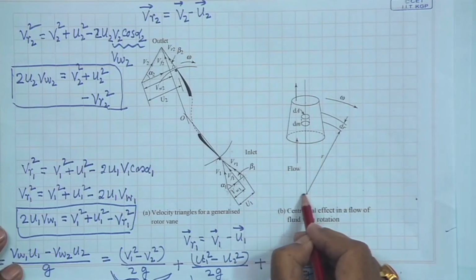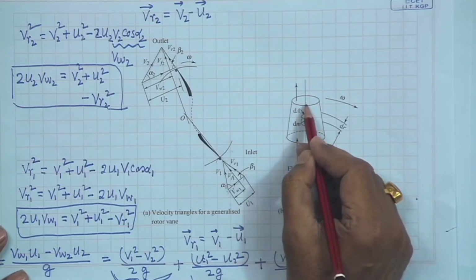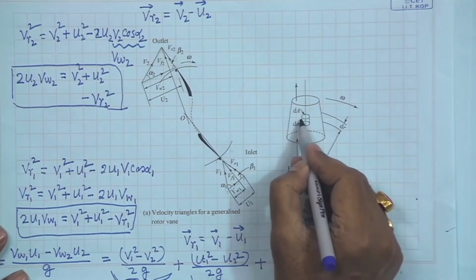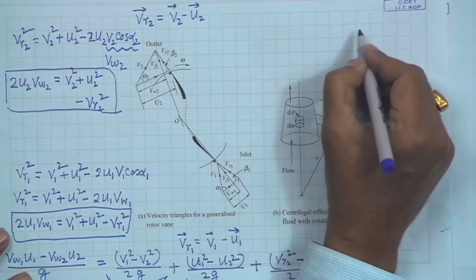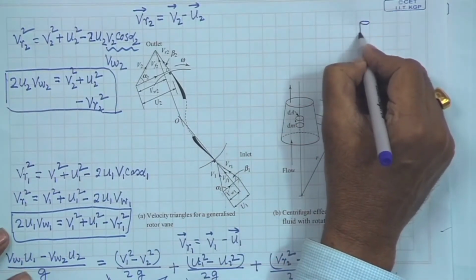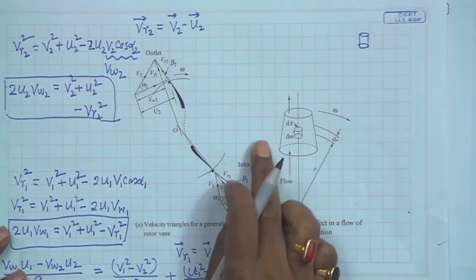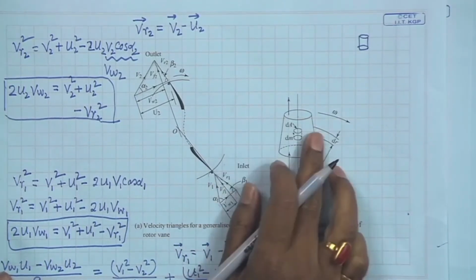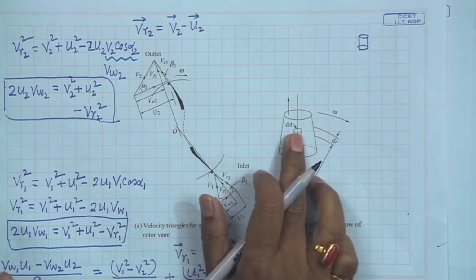This is the central point. That means this is the axis of rotation. From the axis of rotation, fluid changes its radial position from one position to another. So, if we consider a small elemental fluid mass like this, what happens when the fluid moves with a tangential velocity because of the rotation of this container with an angular speed omega?